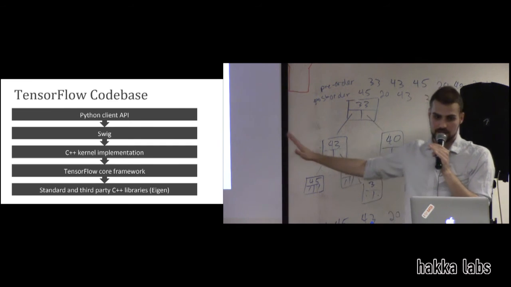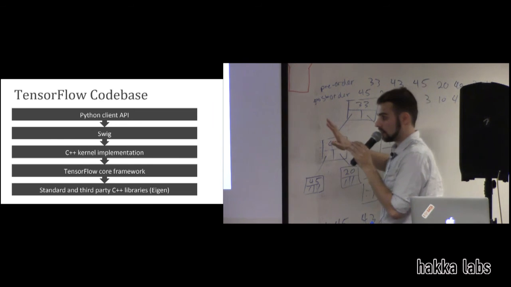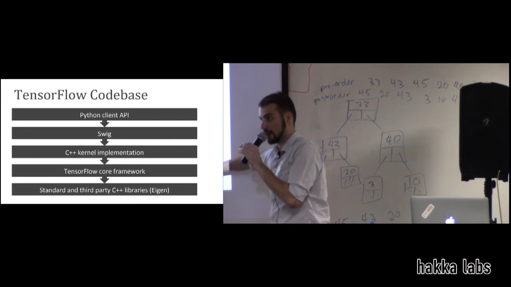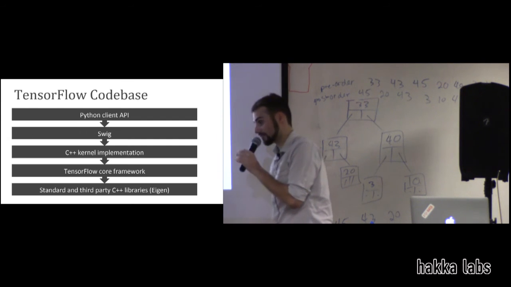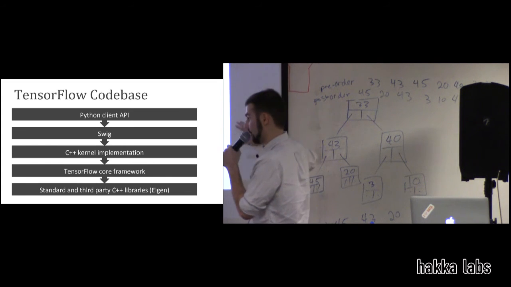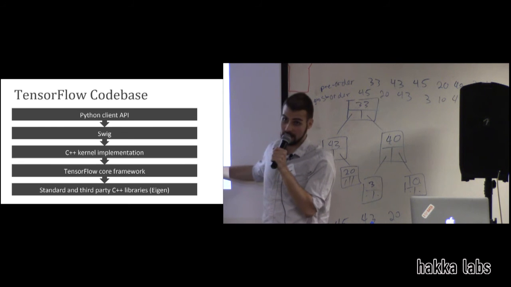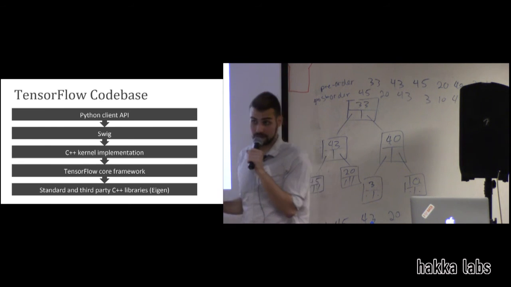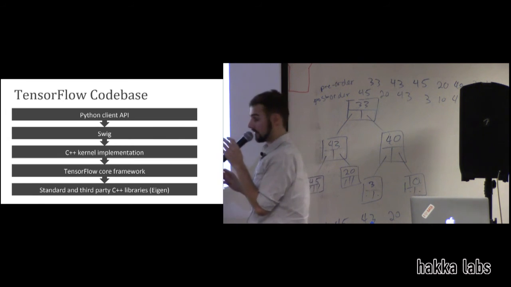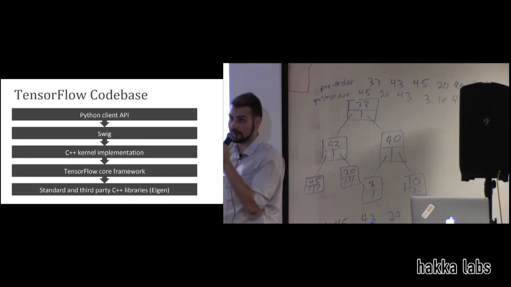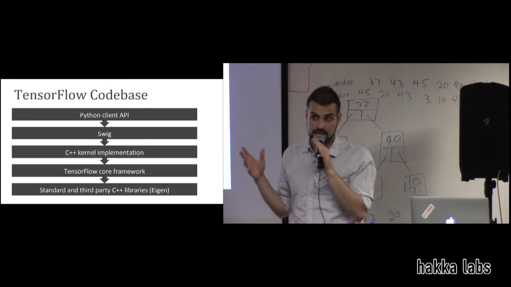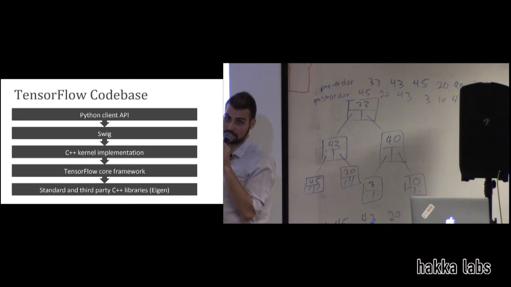But let's talk about the code base, because TensorFlow is a very cool framework. As Chris talked about, it starts at the bottom and then it stacks up from there. So at the very root of TensorFlow is your standard C++ library, including heavy use of the Eigen library, which if you haven't seen before, check it out. It's very cool, highly optimized implementations of matrix math, right? Then on top of that, we have the TensorFlow core framework. That's where you have your graphs, you have your matrices in C++, you have your operations in C++.